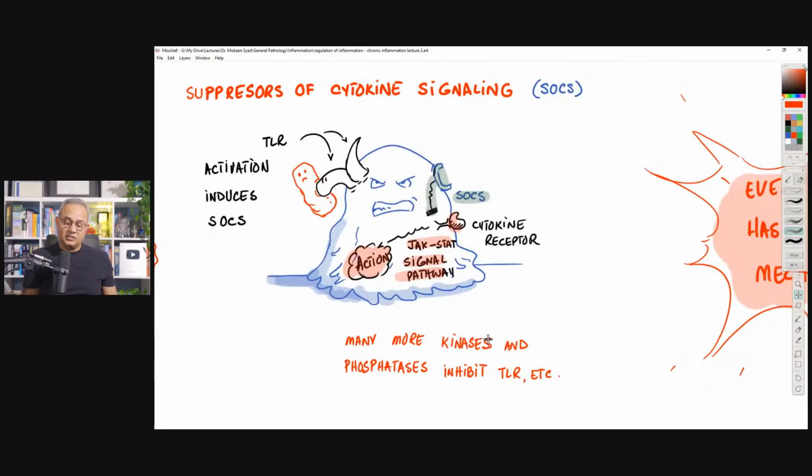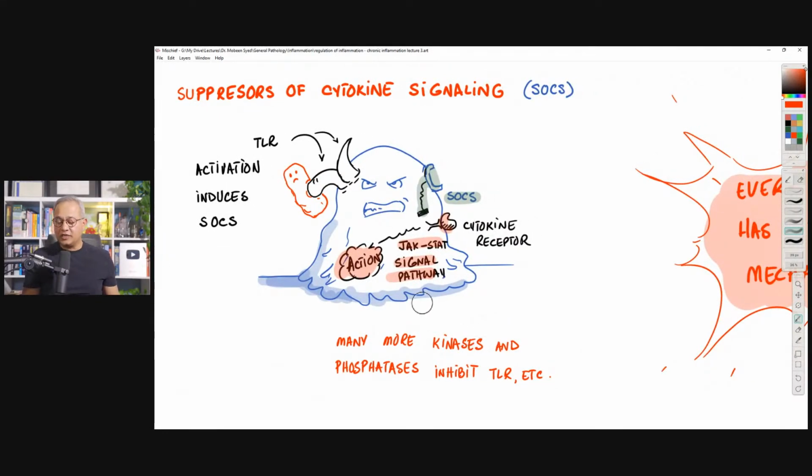Then, this is also a very important function here. Imagine that this is a natural killer cell or dendritic cell or a macrophage, innate arm cell. This cell can have suppressors of cytokine signaling or SOCS, SOCS. What does that mean? This is beautiful. So stay with me for a second. It will make a lot of sense. Imagine this is a dendritic cell.